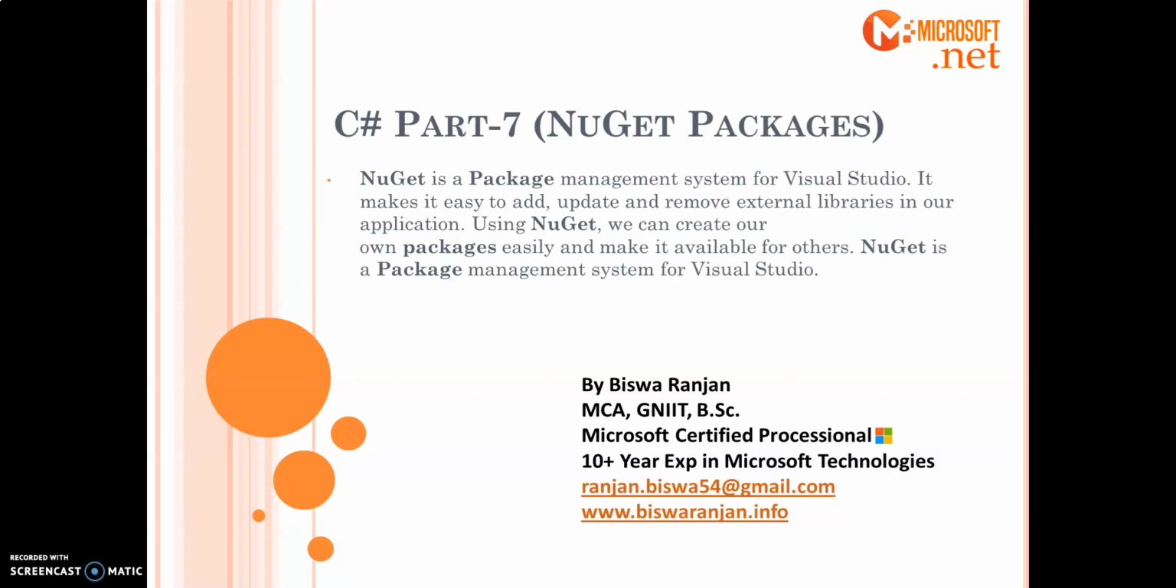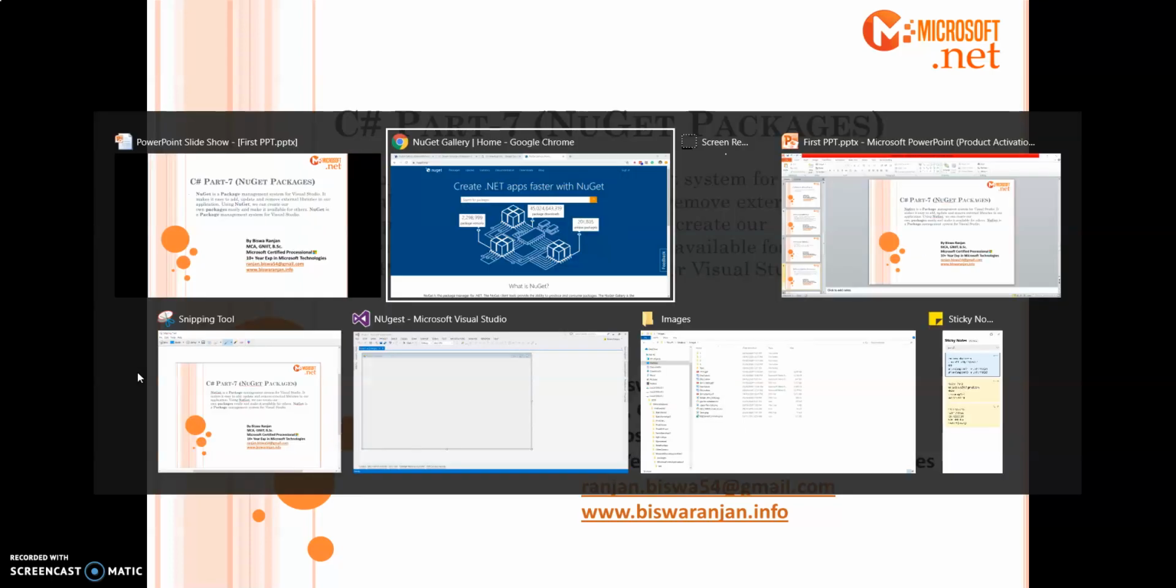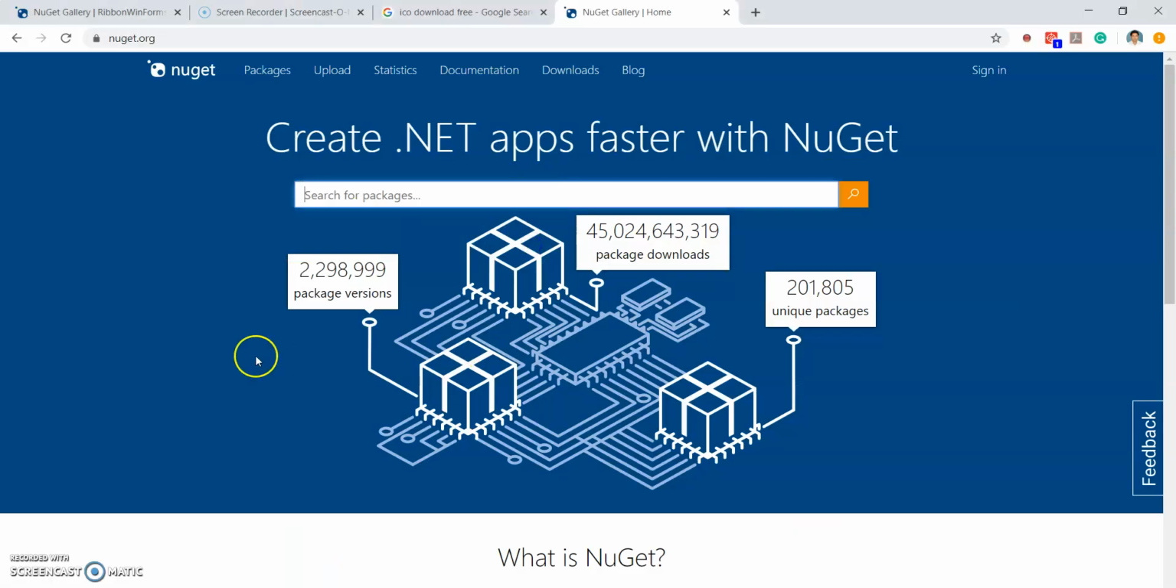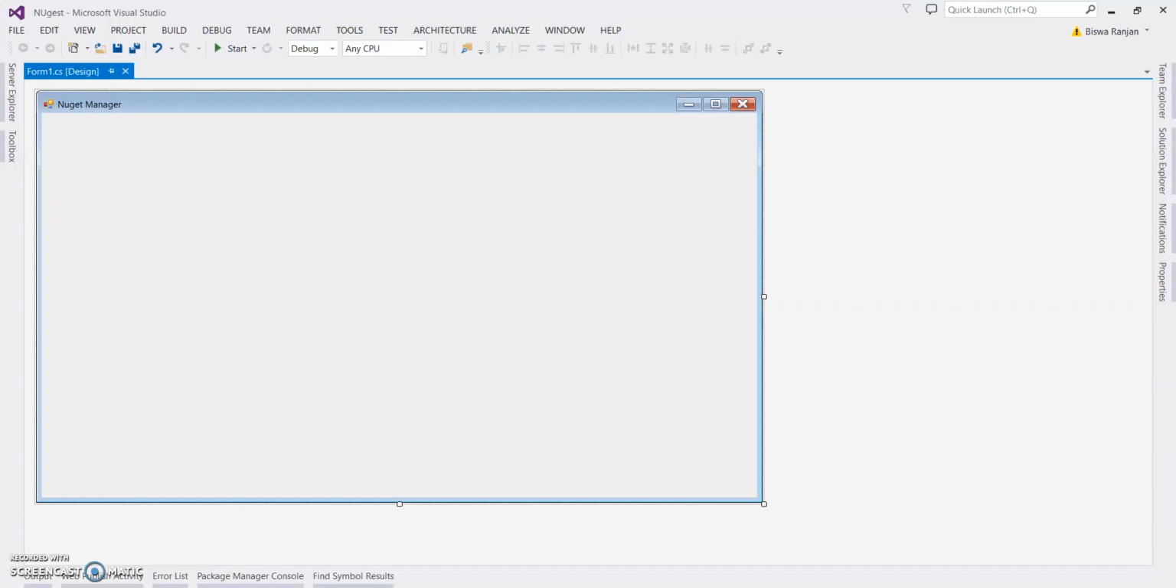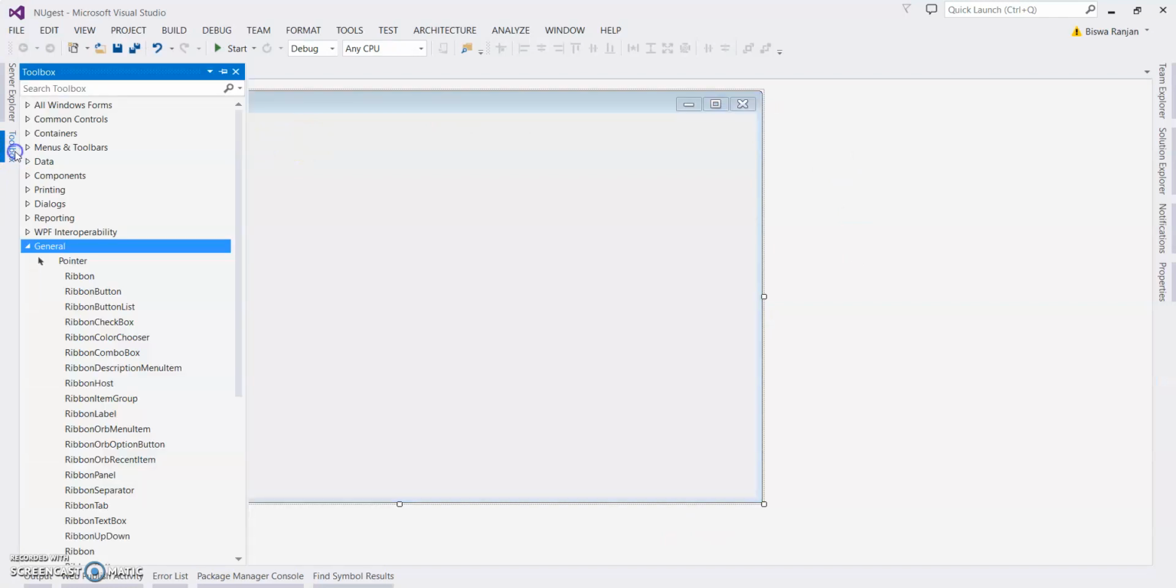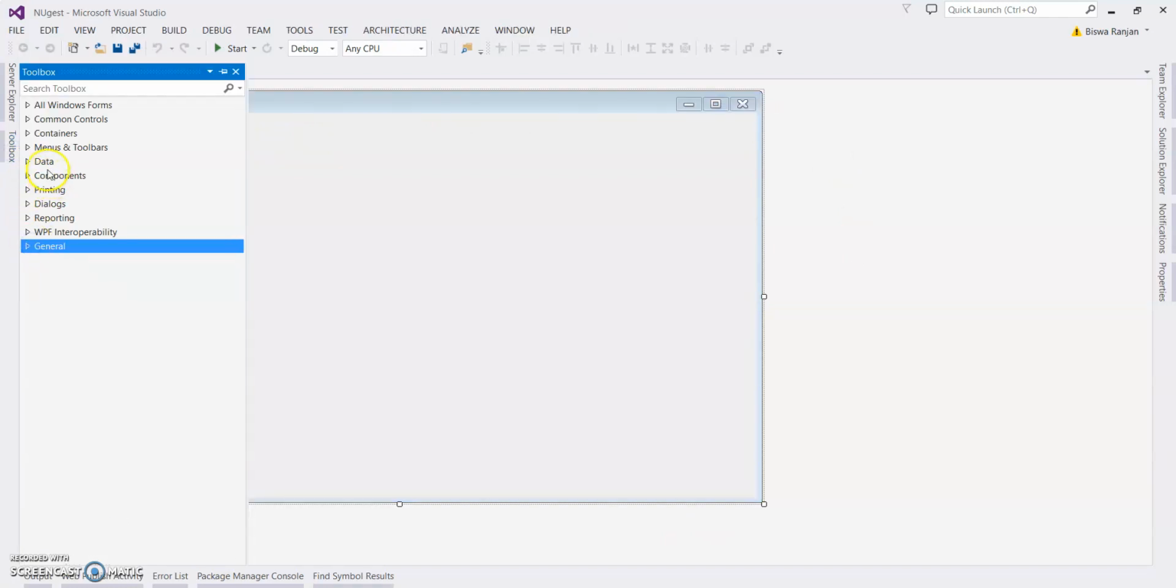Let's start. For NuGet, Microsoft is giving a dedicated NuGet package manager, you can say NuGet.org. We can create our application faster and more robust with NuGet packages. So how are we going to use NuGet packages? In my previous classes, I showed you how we are using